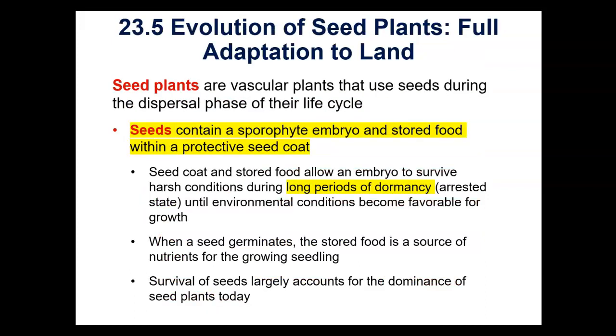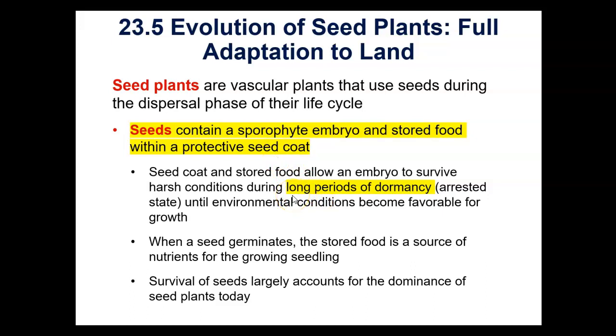Okay, this is a good section here. This section just explains the evolution of seed plants, maybe what the benefit of having a seed would be. So the seed contains a sporophyte embryo, so a diploid embryo. In this way, it's kind of like an egg, like a chicken egg. It's got the embryo, and it's also got stored food within a protective seed coat, because